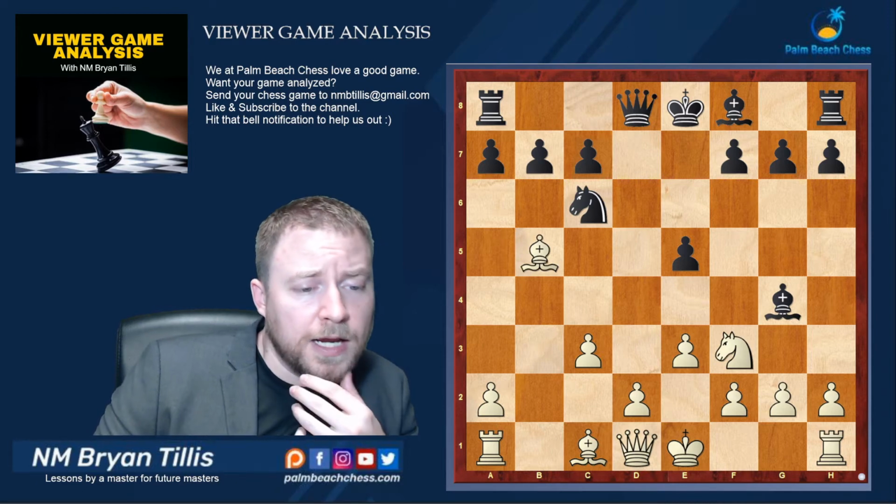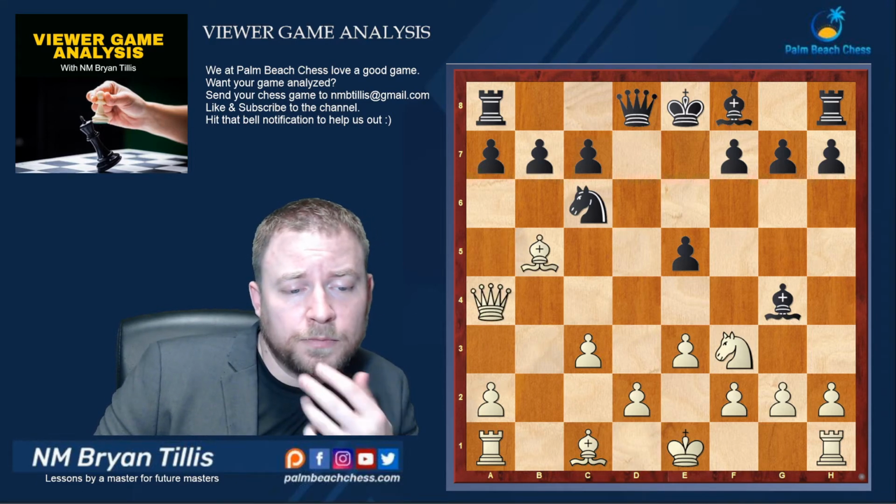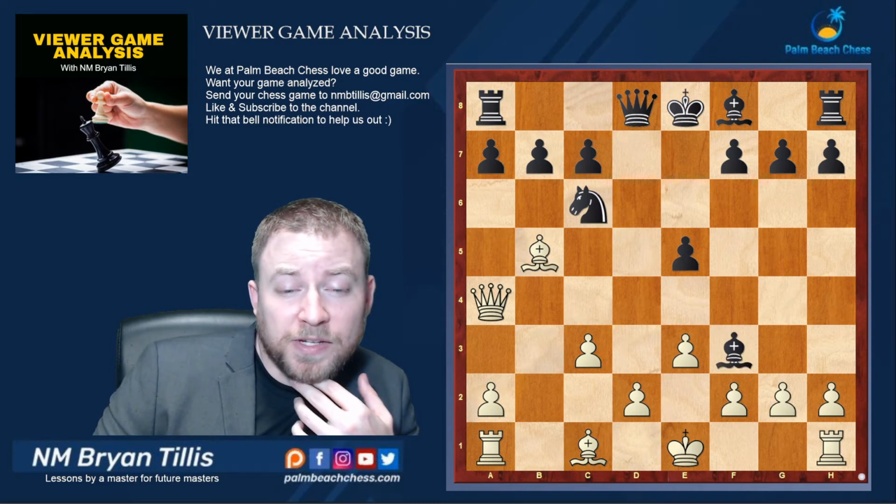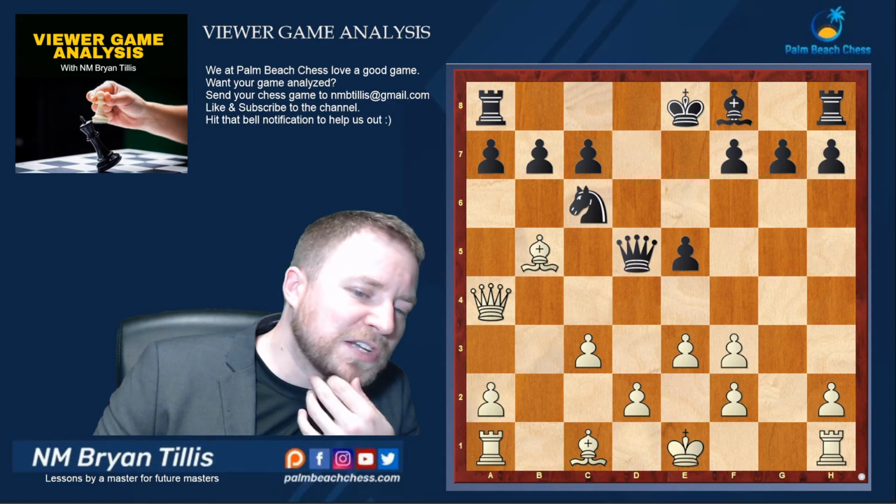Now in the main game, I played queen a4 because same sort of principle, giving my opponent more room to go wrong. I do like h3 because it's more forcing though. Bishop takes f3 was played, so let's go ahead and do that. And now this is an interesting moment